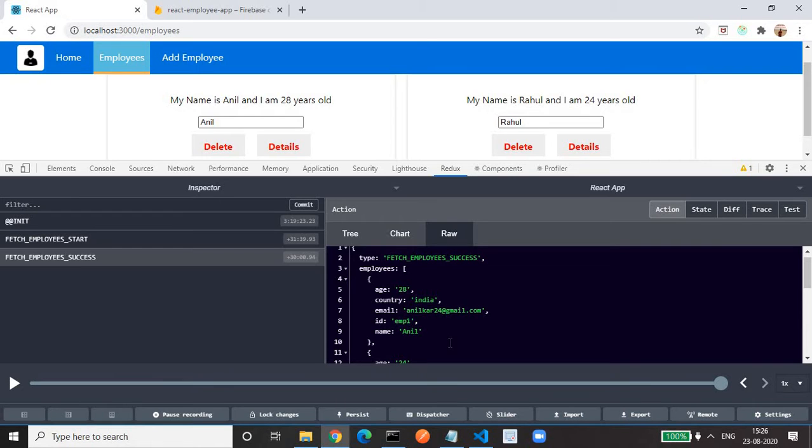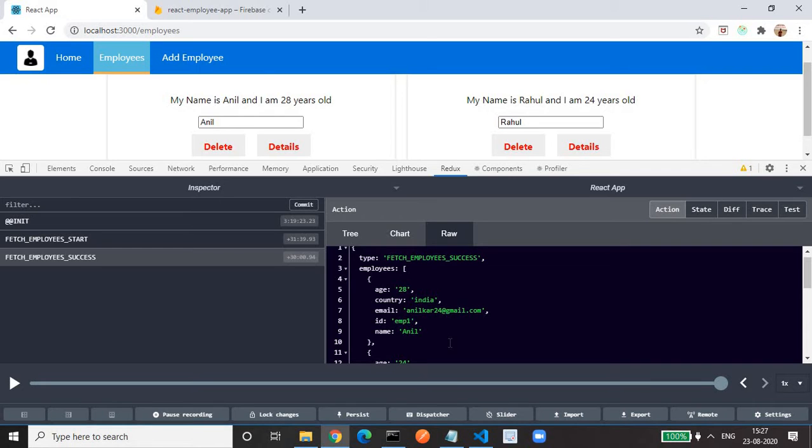So in Redux there are 3 concepts. One is store, second one is action, third one is the reducer. Store is an in-memory centralized database where we are storing the state of the application so that it can be reutilized by other components. Second is action.